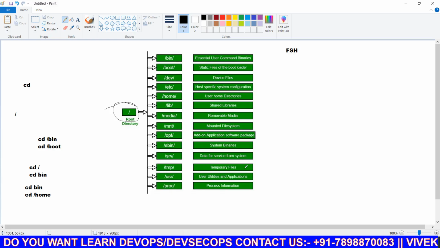After that, when you are working in your system, many unnecessary temporary files are generated, only for temporary purposes. Those temporary files will be stored inside tmp. User utilities and application information will be available inside usr, and process-related information, like when you have started any process, will be stored inside proc. These are important directories which are useful for troubleshooting purposes when you face